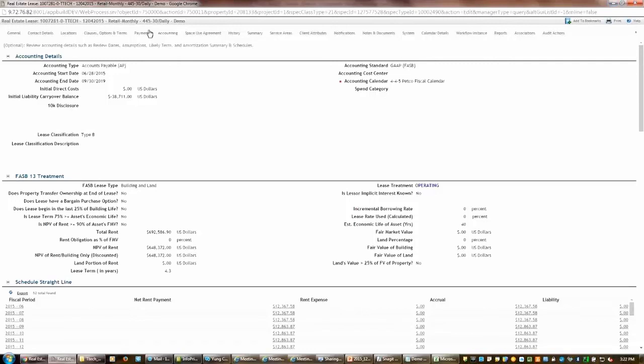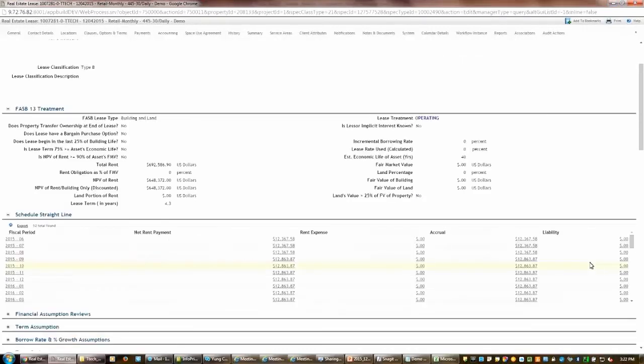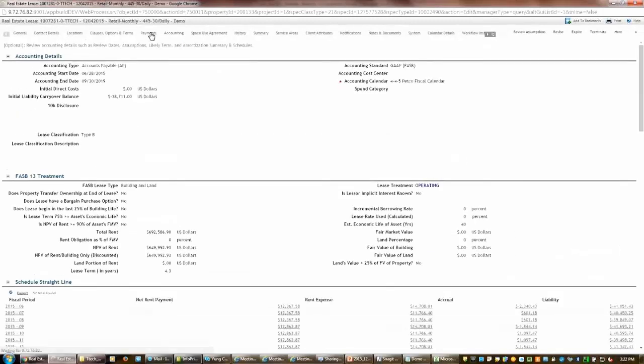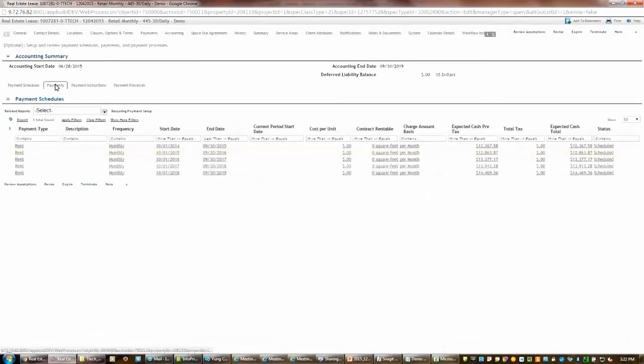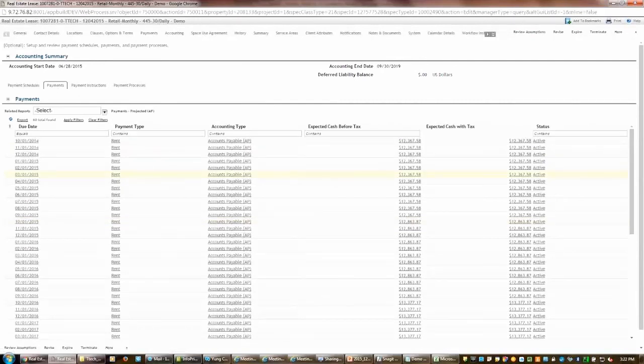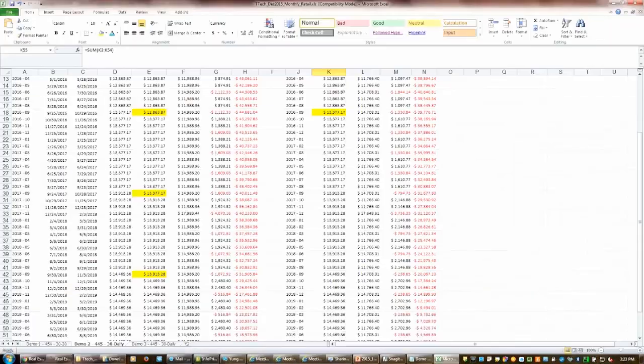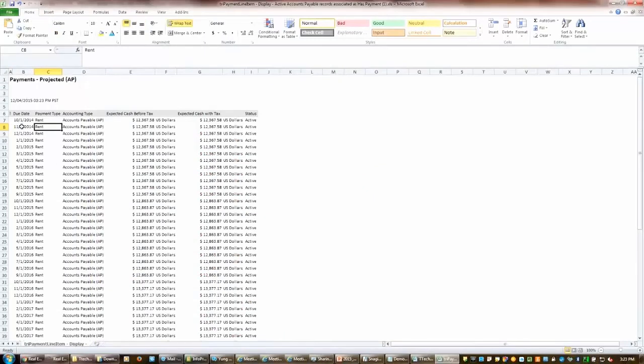Now, if I look at my payments, there are a lot more, because my accounting started on 6/28. So let me export this file and open this one. Since it started on 6/28, I think I can safely remove this. But if I take it down all the way, I should get a total of